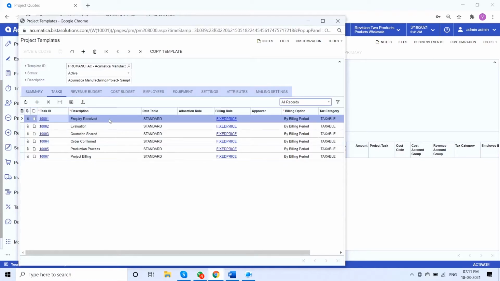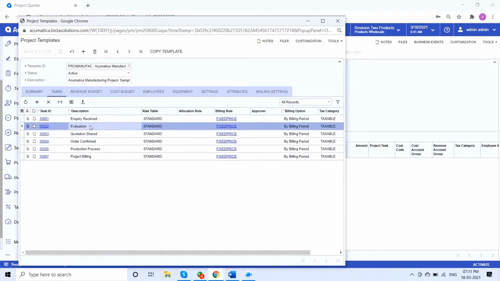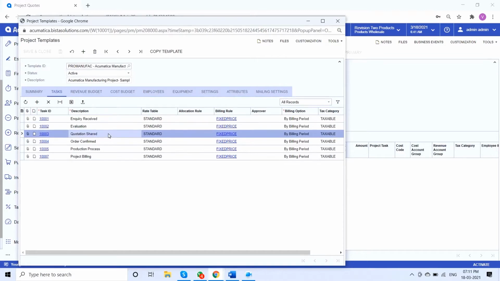And these are the few tasks I have created. These are the predefined tasks. I set them in the template so that I don't have to create them each time I get a new custom order from the customer. So these tasks could be like I receive the inquiry, then I do the evaluation or run the feasibility check, then I'll share the quotation with the customer. Once the customer confirms the quotation or gives the order, then I will start my production process